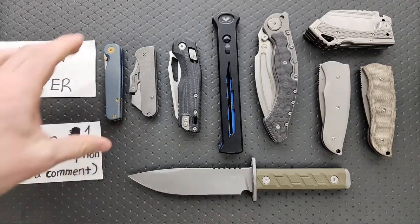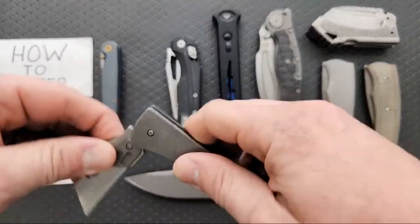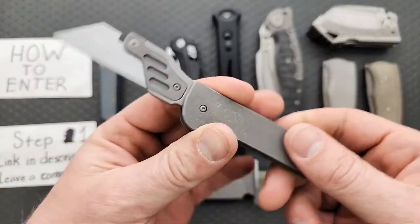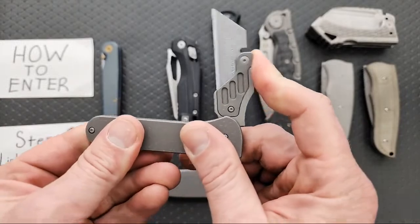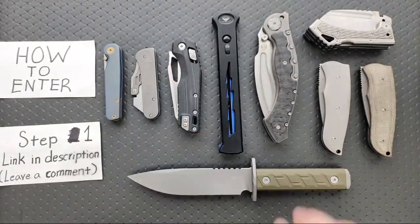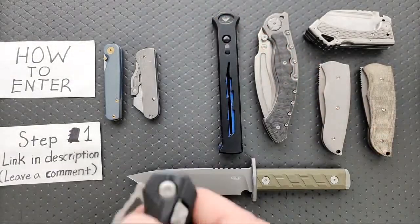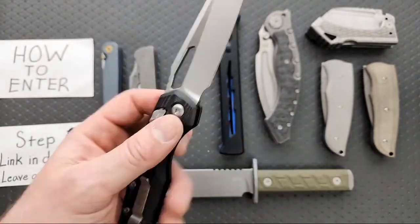So anyways, do that real quick. So we got the Tactile Knife Co. Rockwall Nautilus edition. This is the Serge Panchenko slip joint razor V2, which I'm very much enjoying. And this is an example of something that I'll be keeping. Something that was sent to me that I love so much I want to keep. And then we have, of course, the MSI, or the Microtech standard issue with the new ram lock,